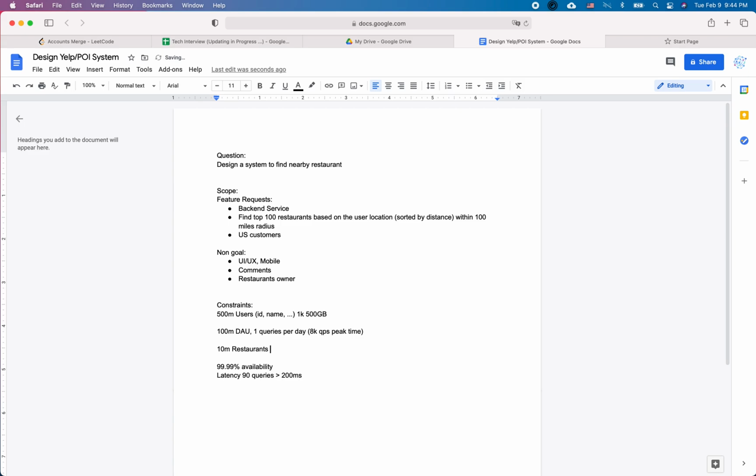And let's say for the restaurants, we have 10K for the schema because there is a restaurant description. So for this one, we are having about 100 GB of total storage. I think storage is not that big, and the traffic is pretty fair there. So now we have some very good numbers about what kind of system we are trying to define, and based